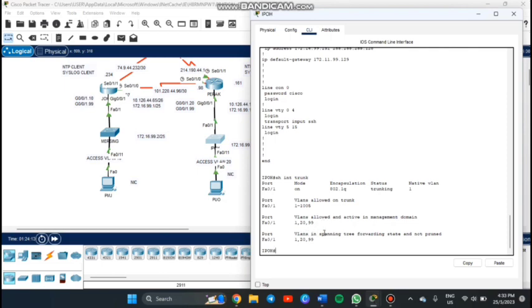And the VLANs in spanning tree forwarding state and not pruned are the same as the VLANs allowed and active in management domain, using the VLANs that we created, that is 20 and 99. So that's